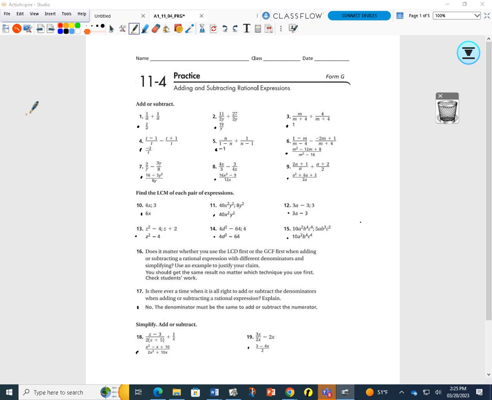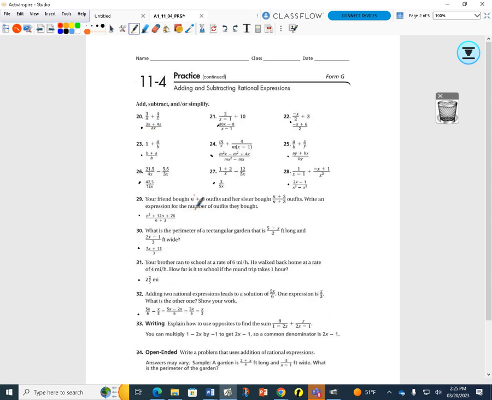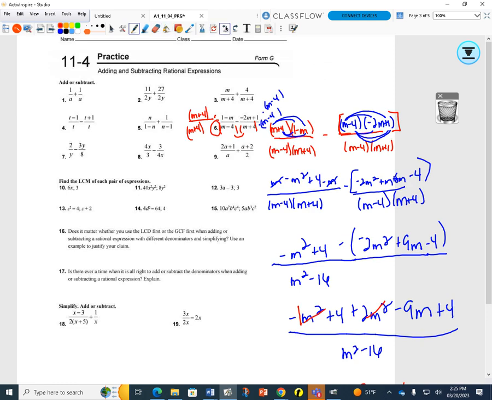Answers for the odds and evens are here on this work. These first two pages, I put a little black dot beside all the answers. I know we didn't do all of the problems, but they're not in pink like they normally are, so you can see them here. I'm going to move on and start working on